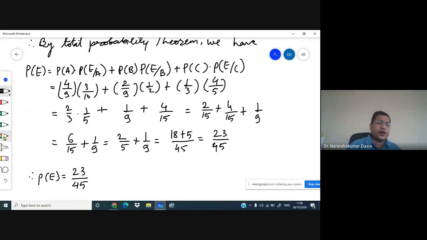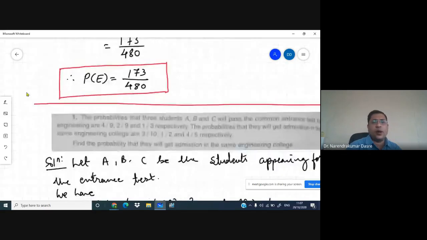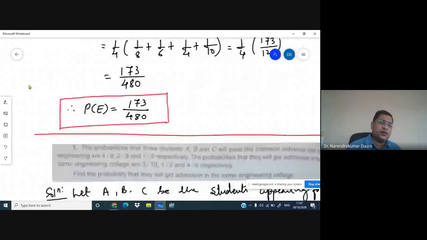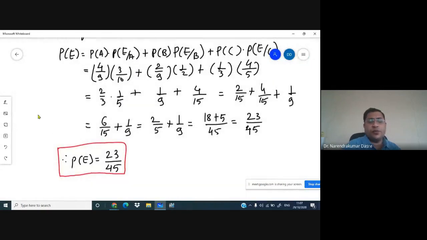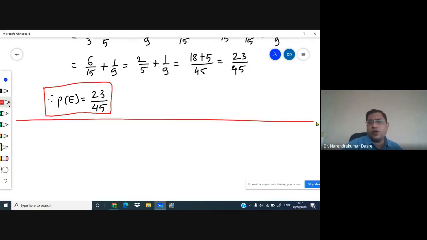Okay, so one thing you need to observe is that the probability is always less than 1. So you can see any of these probabilities in any situation is always less than 1. So here also it is less than 1. Here also it is going to be less than 1 because these are proper events.